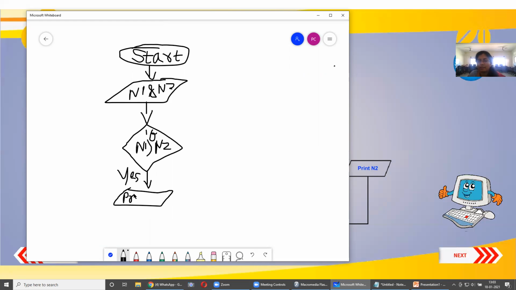Print N1 is greater. If not, if the answer is no, so who will be the greater one? If N1 is not greater than N2, then N2 will be the greater one. So it will be print N2. And finally stop.